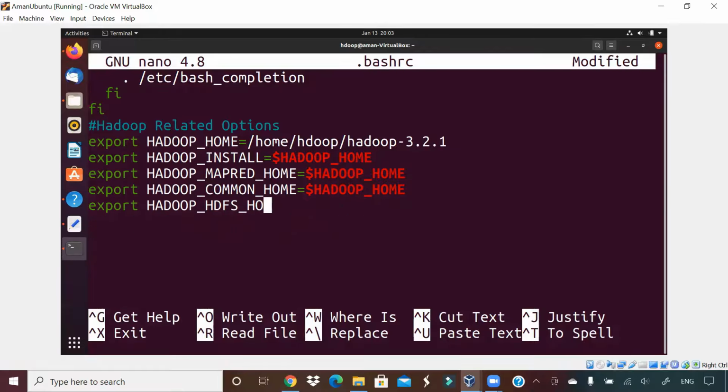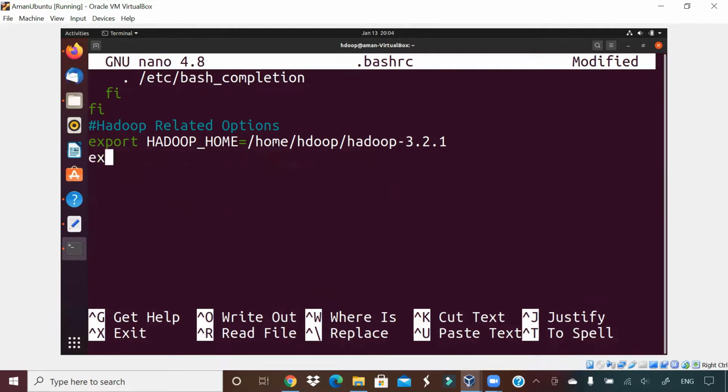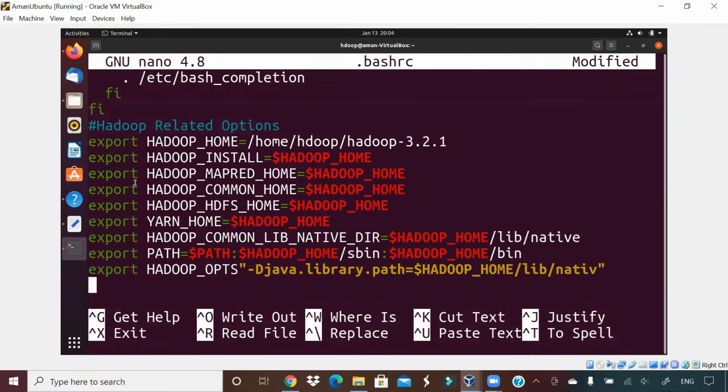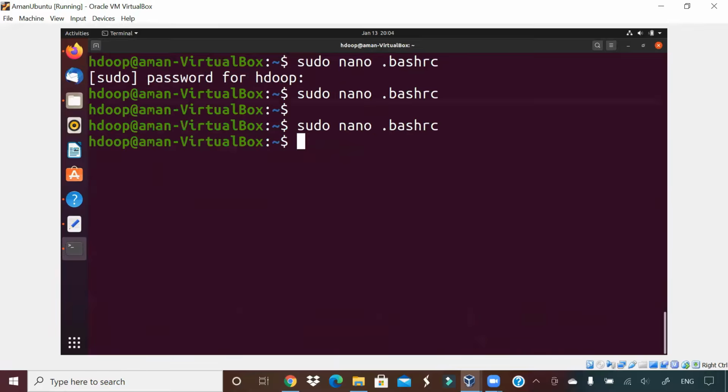Hadoop related options we need to add. I want to add from my machine because that is what will work for my installation. Okay. So I have removed that and then pasted here, and then you can press Control X and then Y and come back. Okay. If you want to check if that is edited, cat that file, bashrc.